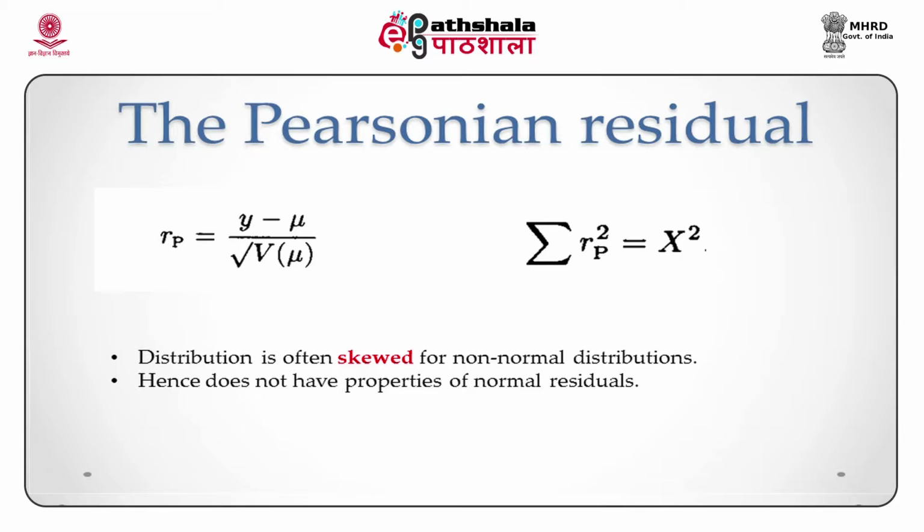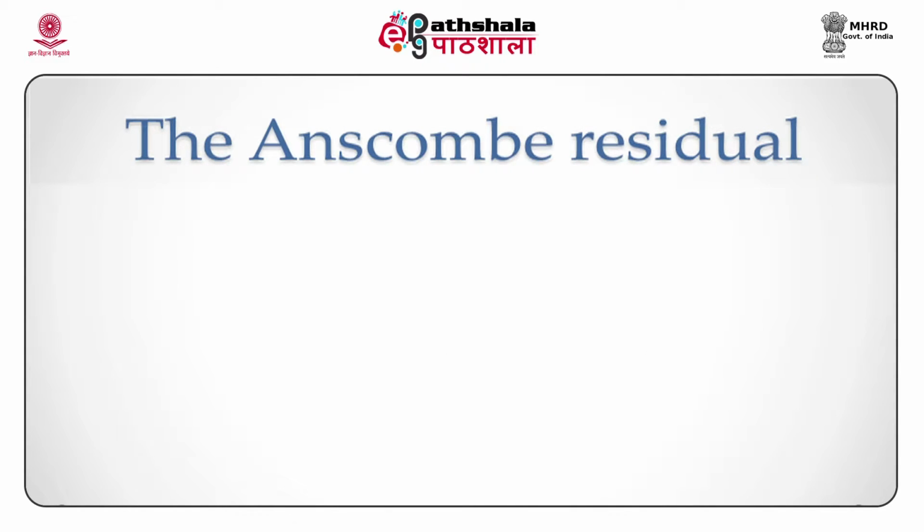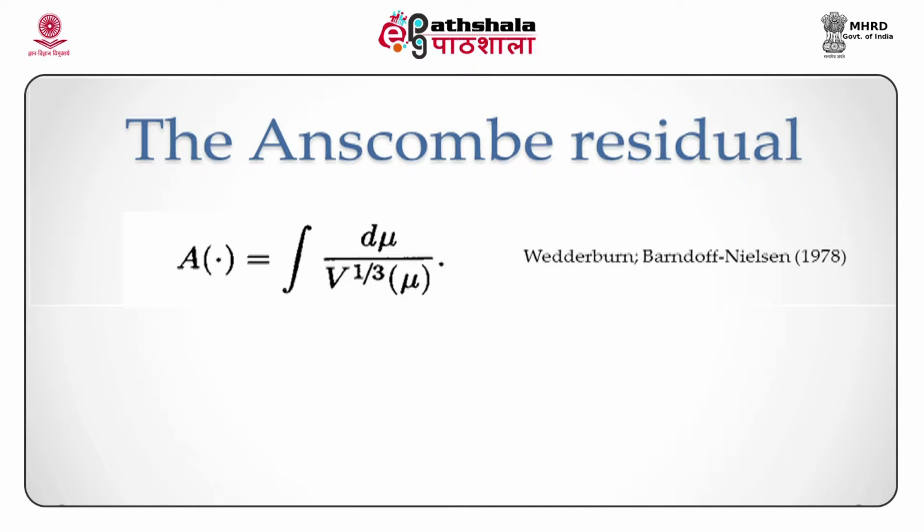Let us next come to another residual, which is the Anscombe residual. The motivation for the Anscombe residual comes from the result which I mentioned on the earlier slide, which is that the Pearsonian residuals can be skewed and hence non-normal. The motivation, which comes from Wedderburn in some unpublished work and is also mentioned by Barndorff-Nielsen in their 1978 paper, comes from the fact that when we calculate observed minus expected, we do not really need to do it on the scale of y, but we could do it on the scale of a